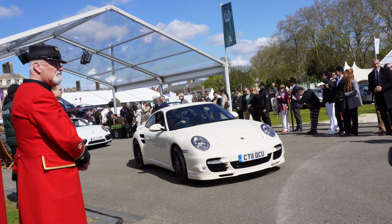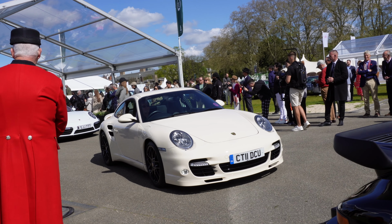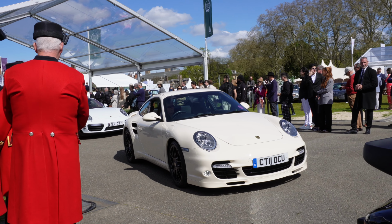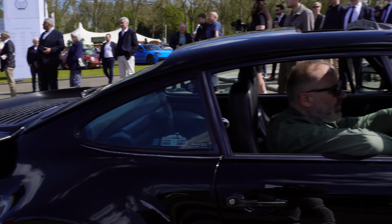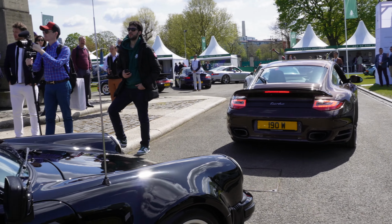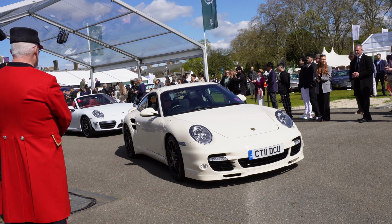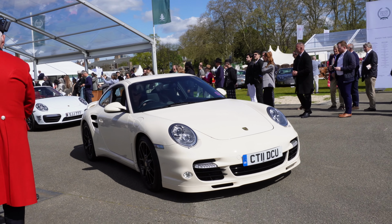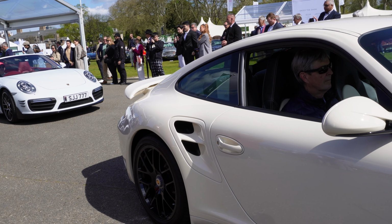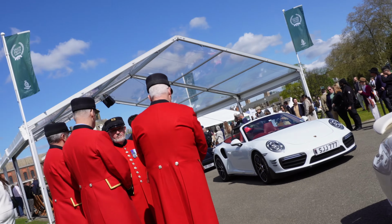This is interesting. I'm interested in that. So the last car as it comes through is not part of the parade as such, but it is a turbo. It is a 992 Turbo S. It is a Brabus 820R. So basically, for those of you that don't know, Brabus is a German brand. It started life many years ago as a German tuning brand. Bodo Buschmann, the guy that owned the company, was a racer, and in order to compete successfully, he tuned his own cars. Started doing it with Mercedes, did it so successfully that ultimately he was issued with manufacturer status by the German authorities. Fast forward to today, it's run by his son, Constantin Buschmann. The guys are basically manufacturers. They take Porsches, they take Mercedes, they take